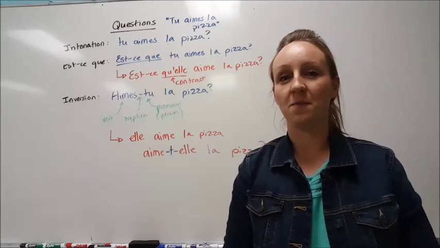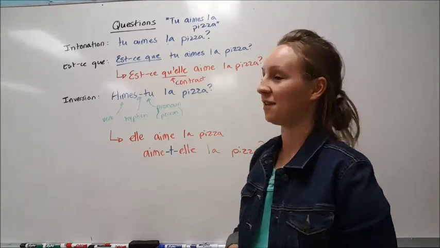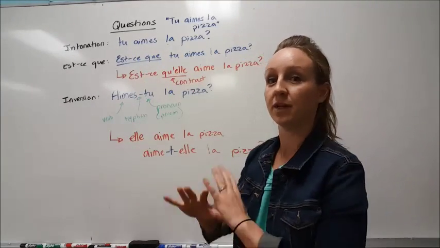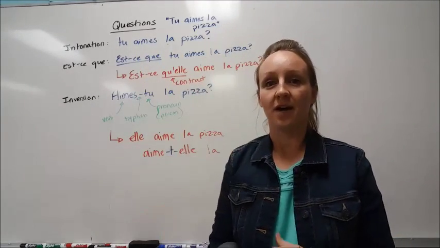So the next thing we're going to take a look at is how to make a question in French. There's three basic ways. And the first one is what we call intonation. So let's say our sentence is just simply, you like pizza, tu aimes la pizza, and we just want to